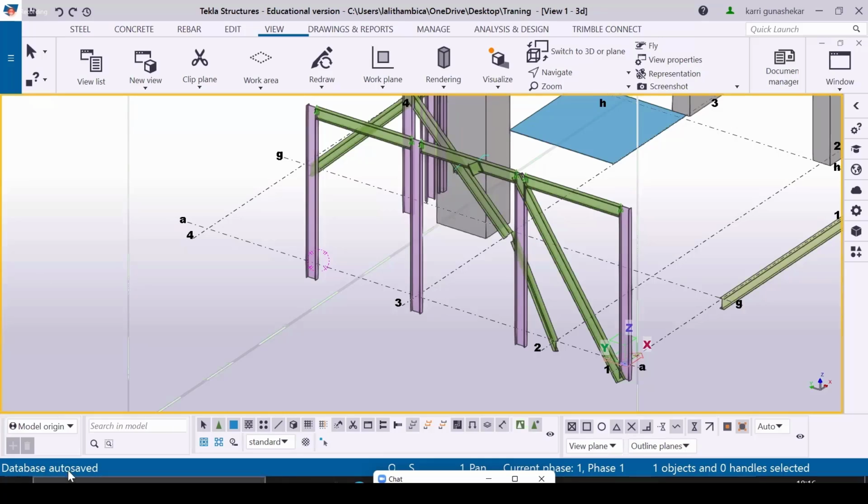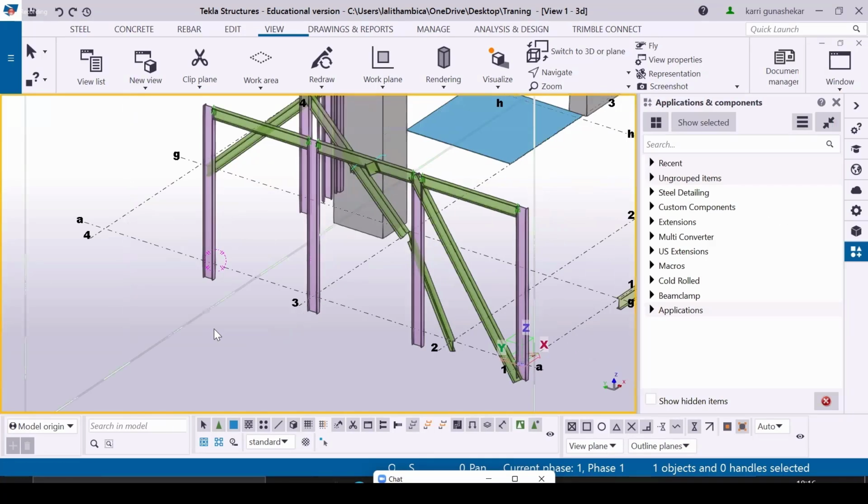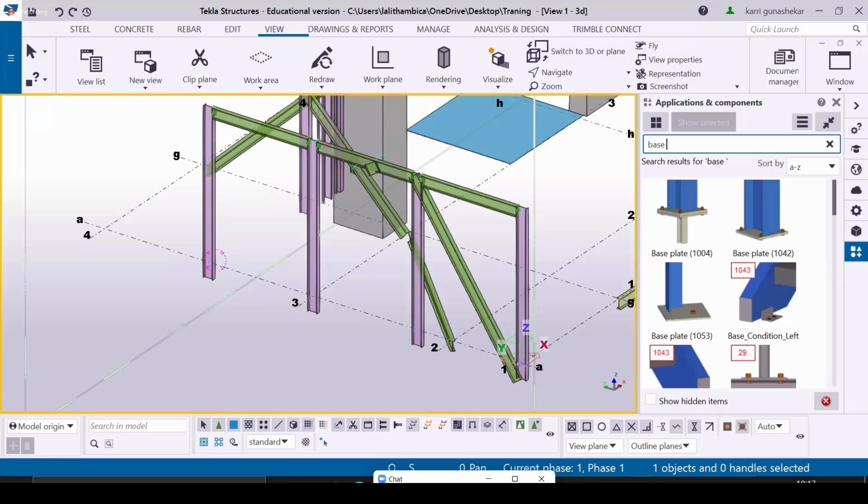model. Okay. If you press Ctrl+F in the model, you can see the applications and components bar on the right side. Okay. See guys, there is always some coding system, numbering coding, for all the connection components which Tekla gave us to use to create base plates and anchor rods. Okay. If you type base plate here,